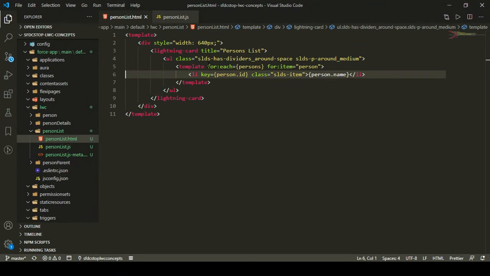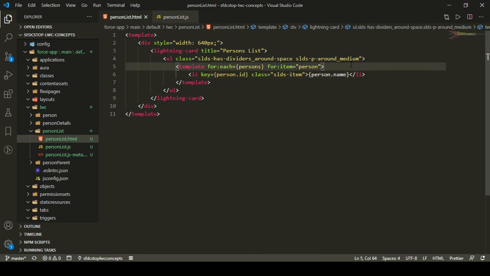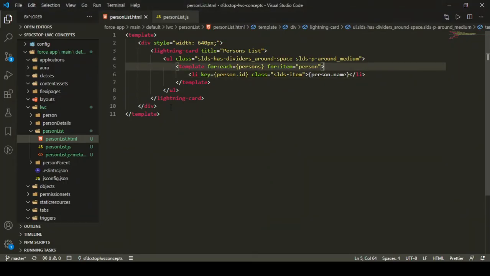And the last thing that I want to show you about this is that you can also identify the first and last element of your list when you are iterating a list of elements in your HTML, right? For that, we have a particular kind of attribute. Let's see how we can do that. In case you want to find out the first and last element of your list, you can do that by using an iterator, right? So this is one way of displaying a list, by using a for each loop.